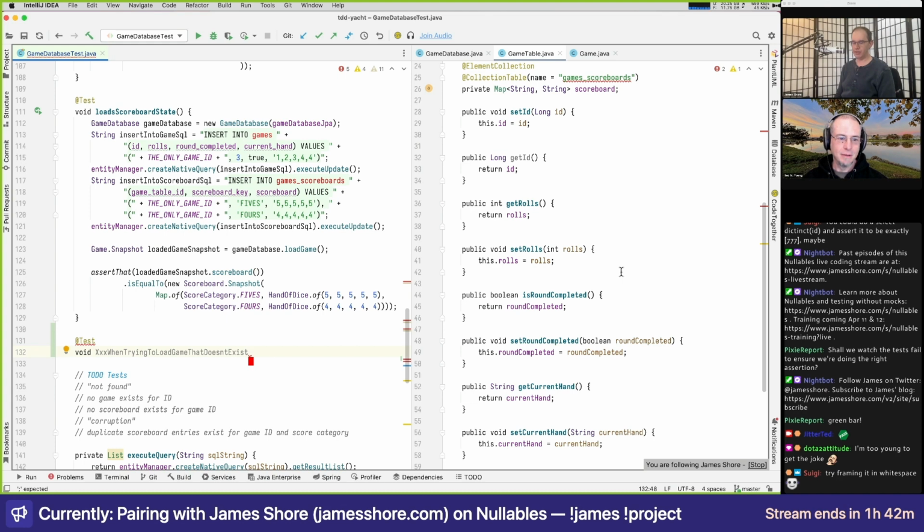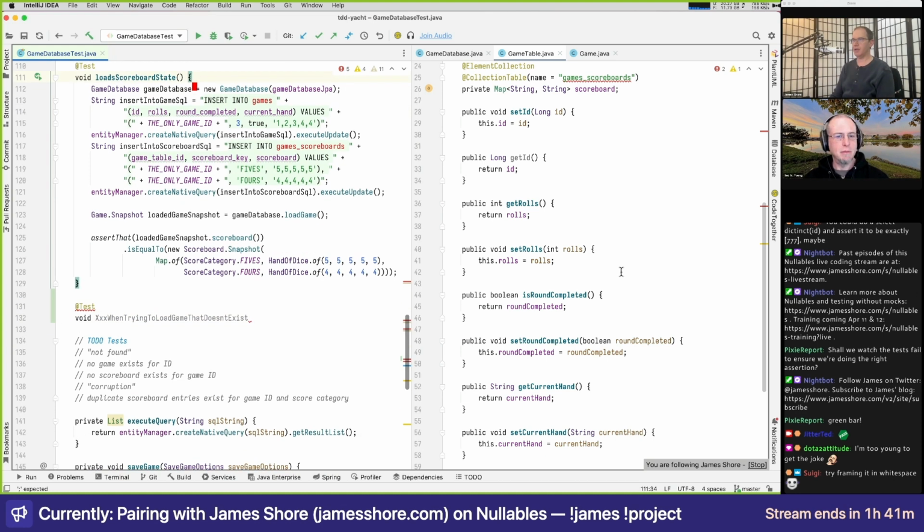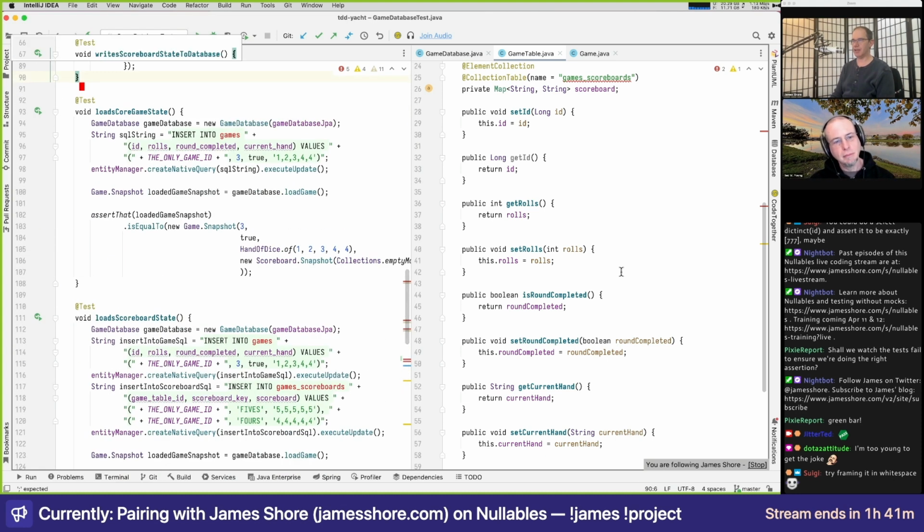So before we do this, I wonder if we should modify our existing tests to have a helper method for loading the game. A helper method for loading a game via SQL? I'm sorry, what do you mean? No, just on line 123, we have load game. Make that a helper method? Yeah, and also we have the same thing on 100.